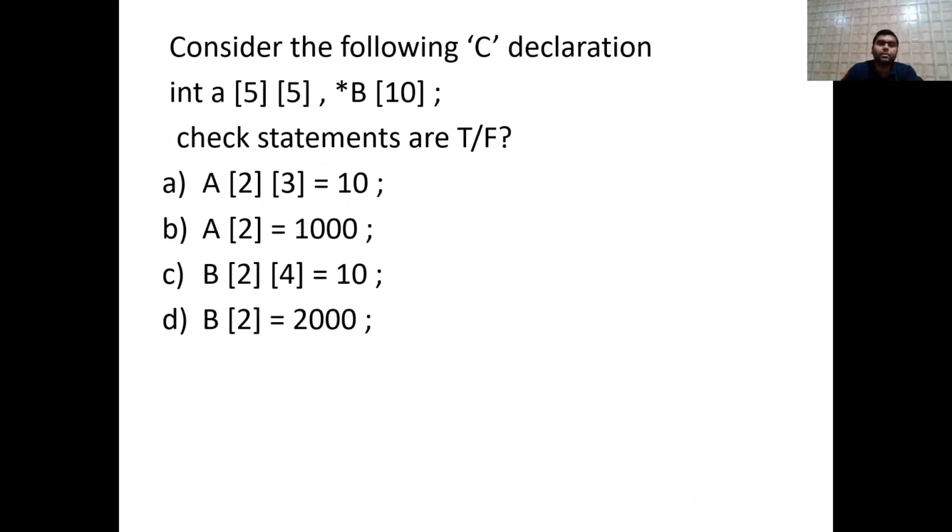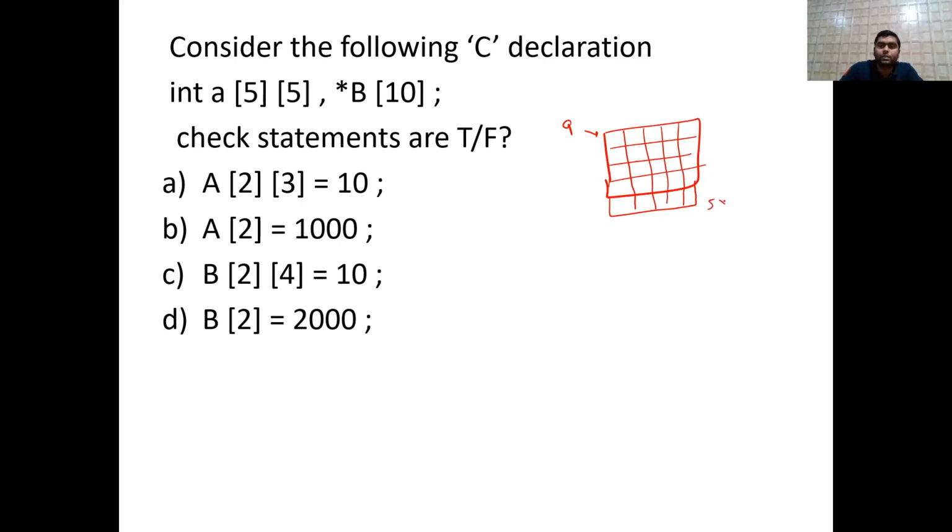Now next, consider the following C declaration. So this is a declaration. First is an array A of 5 by 5, something like this, with indices 0 1 2 3 and 4 for rows, and 0 1 2 3 and 4 for columns.